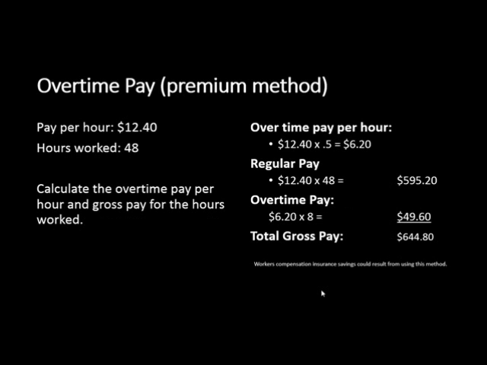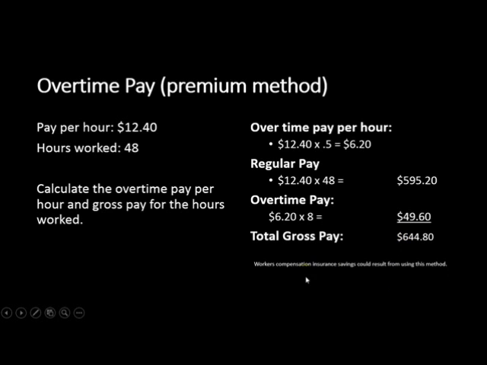The premium method of calculating overtime pay would be calculated by multiplying the pay per hour times 0.5 to determine that $6.20 per hour is going to be considered the overtime rate. The regular pay is $12.40 multiplied by 48 gives us $595.20. The overtime pay at the 8 hours of overtime is $49.60 for a total gross pay of